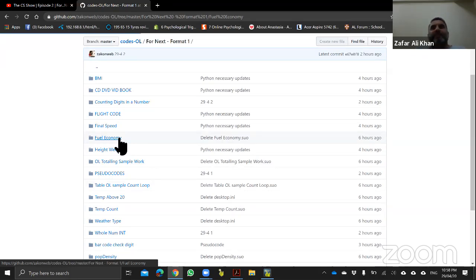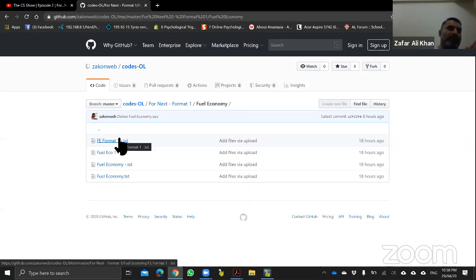We are going to discuss three things: pseudocode, Python code, and Visual Basic code. But remember, in O Levels, IGCSE or GCSE, questions only appear for pseudocode. None of the questions ever appeared, nor does CIE require you to write your answers in any of the languages. But it is always a good idea to practice everything